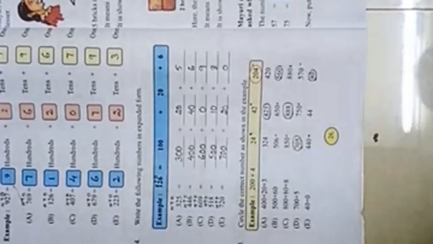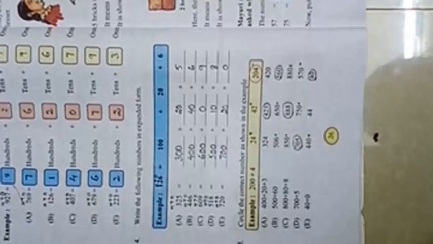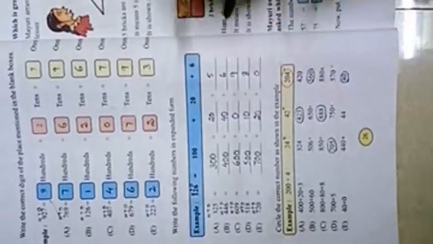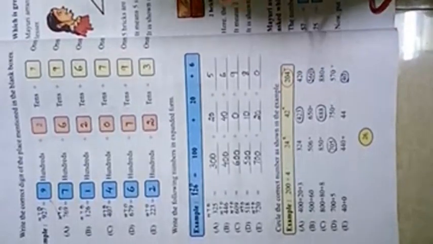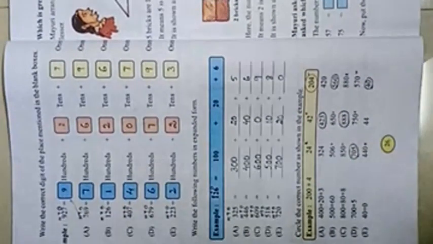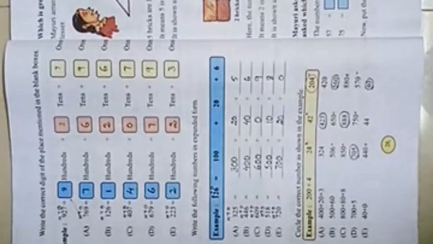Children, today I am going to stop the session with this bit. I'll send you a few more questions related to this. I will prepare them on my own and send them through the My Class Campus app, children, and try to solve them on your own side by side. What do you have to do today, children? You have to learn tables. What tables do you have to learn today? Yes, 2, 3, 4 tables. Thoroughly, perfectly you have to learn. Okay, children, when you come back to school, you have to learn up to 10 tables. Okay, children? Thank you. Have a nice day.